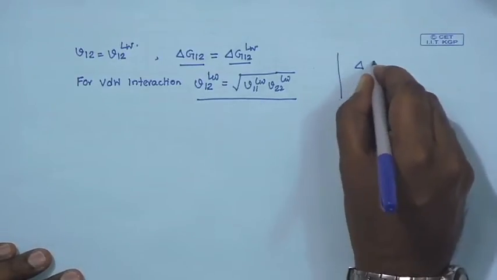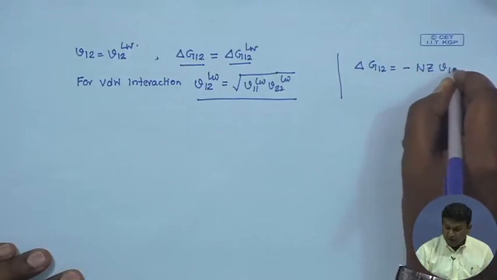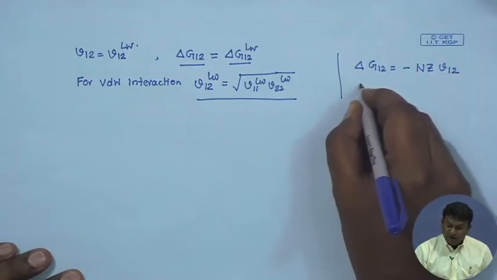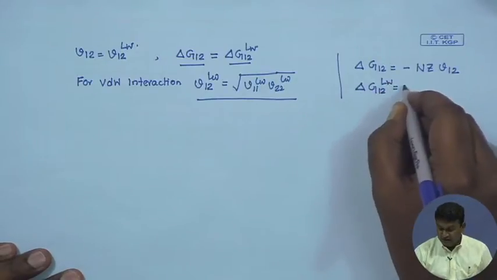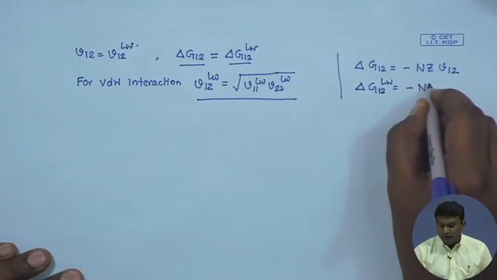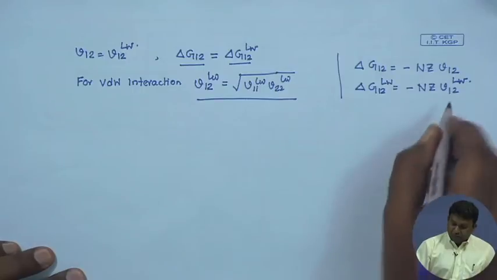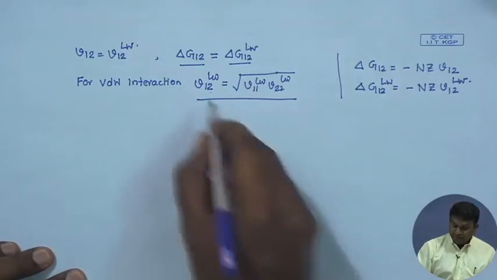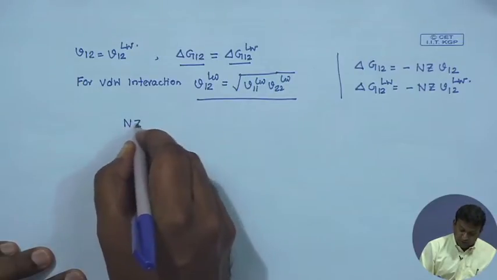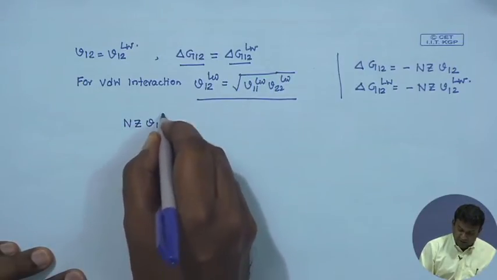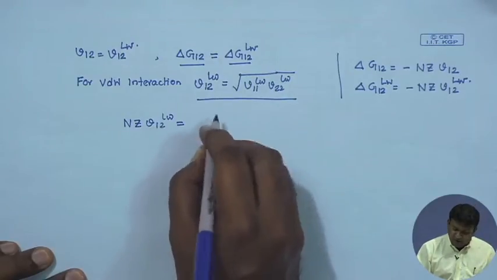What we have is delta G 1 2 is minus n z V 1 2, and since we are only considering the van der Waals interaction, therefore, we can further write it as minus delta G 1 2 LW is minus n z V 1 2 LW, and then once you incorporate this expression into this particular term n z V 1 2 LW, you can nicely write it as